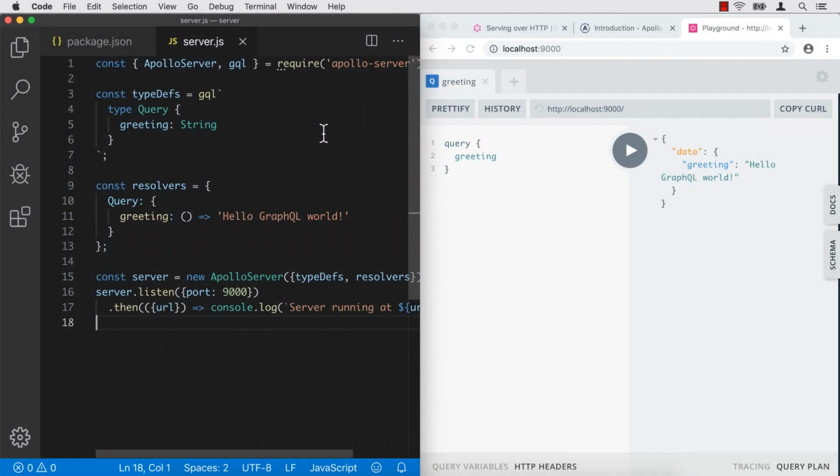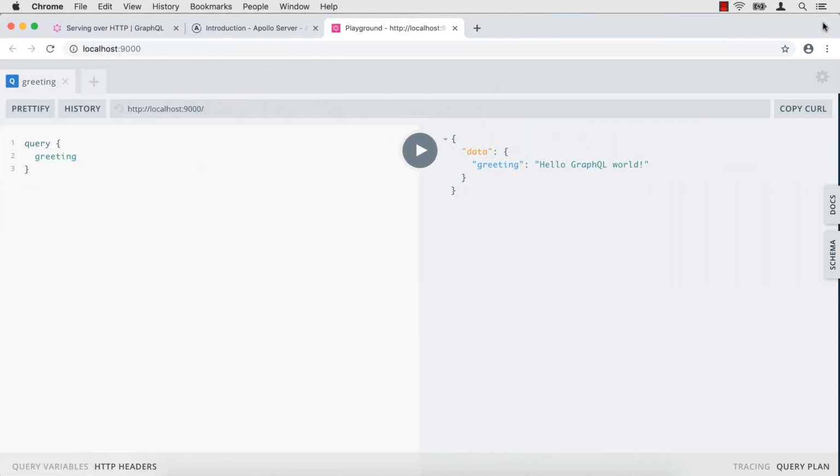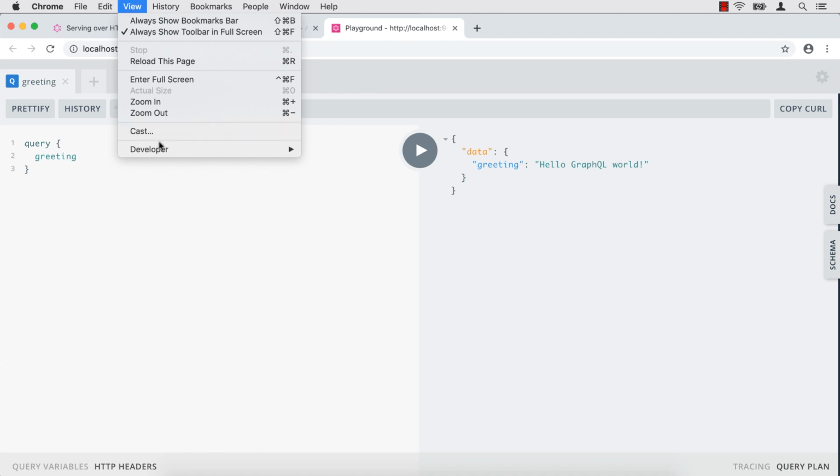In the previous video, we wrote our first GraphQL query. We used the GraphQL Playground, that is this visual tool that comes for free with Apollo Server. And the Playground is effectively a GraphQL client. It's an application that runs in the browser and sends requests to our GraphQL server. In the next video, we'll write our own first GraphQL client. But first, let's have a look at how the Playground works, and more specifically at the HTTP requests it sends to the server. I'll open the Chrome Developer Tools